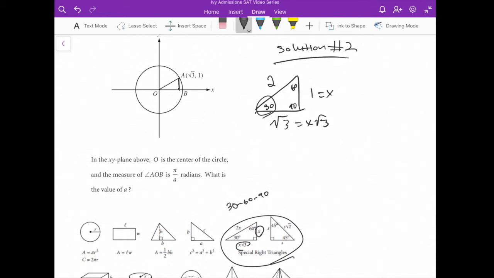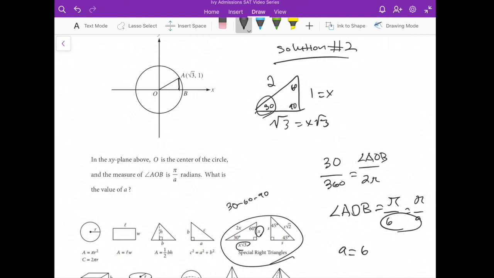We immediately know that the angle is 30, and once we know that, we can create this relation here to find out what angle AOB really is. Like we worked out above, angle AOB ends up being pi over 6, which is equal to pi over a, which is what we're looking for. And we'll figure out that a is 6 without having to memorize any tables, without even having to use any trigonometry at all, as long as we pay attention to when these forms, 30, 60, 90, or 45, 45, 90,